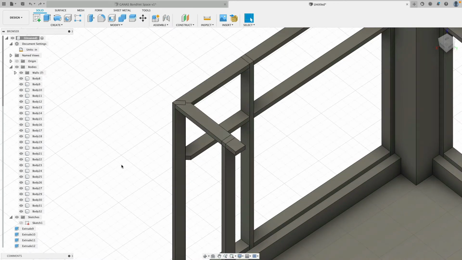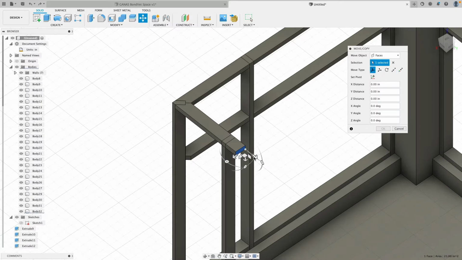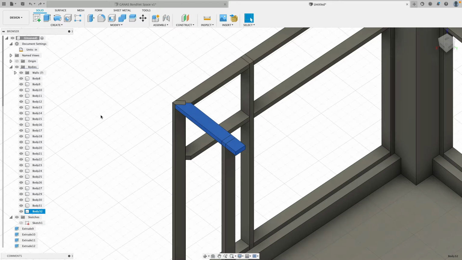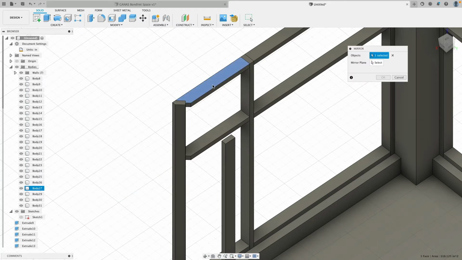Did I create a component? One second. You notice maybe that this one changed. Yeah, I did. So right, I understand what happened. Okay, so in direct modeling, this mode we are in, when we make this and mirror it,